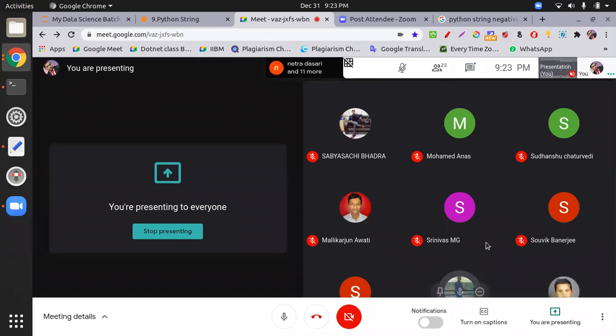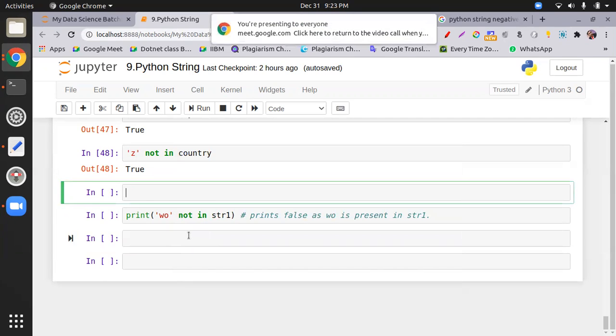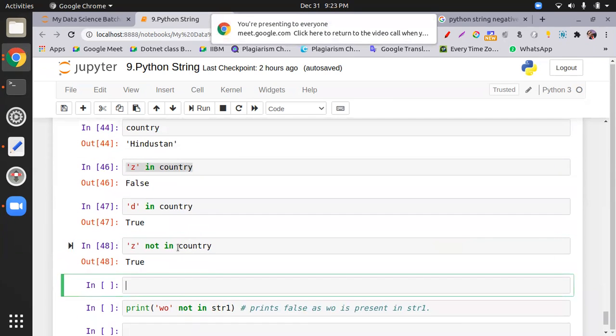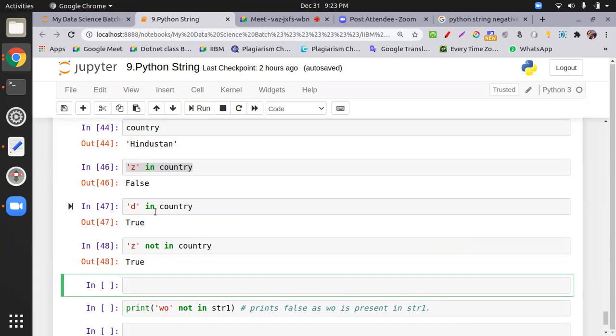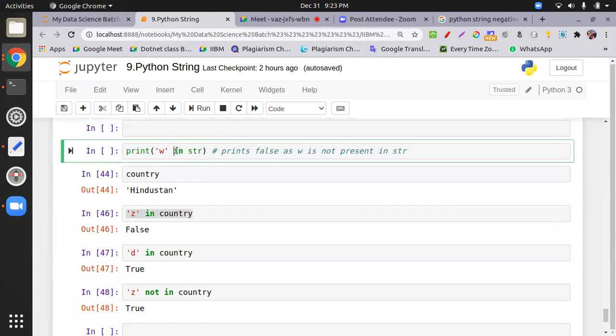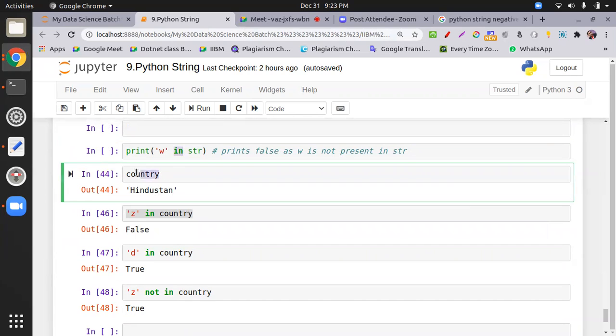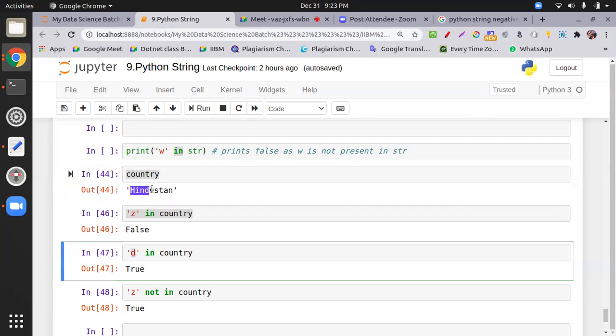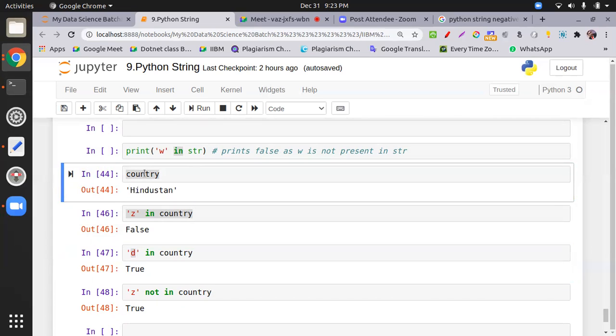Sir, I'm not getting this D in country and the value is coming true. Could you please explain that? Which one? D in country. Okay. So what does the in operator do? अगर आपके इस कंट्री वेरिएबल के अंदर जो डेटा है वो हिंदुस्तान है, तो ये जो मैच कर रहा है वो हिंदुस्तान से मैच कर रहा है। आप इससे मत मैच कराना, इसमें तो वेरिएबल नेम है। तो डेटा है, द डेटा इनसाइड ए कंट्री इज हिंदुस्तान।